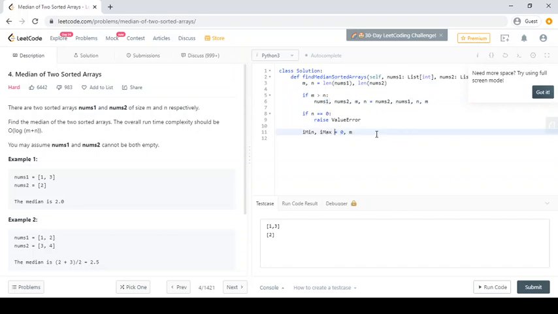Now we will also pre-calculate the half length, because of the formula for j: (m + n + 1) / 2 minus i. We will not calculate it in each loop, because the result is always the same since m and n do not change. So we calculate it before the loop.